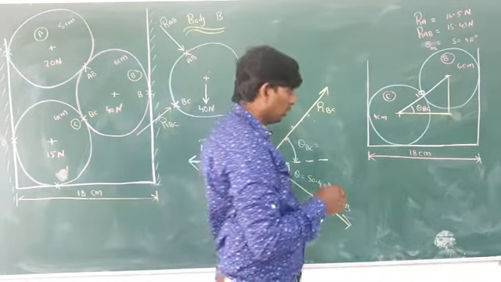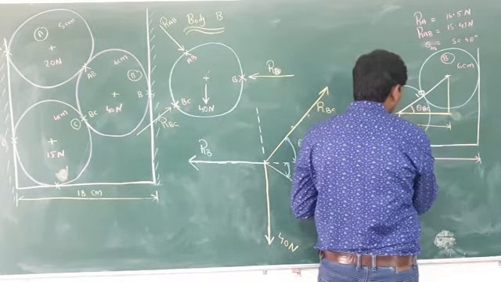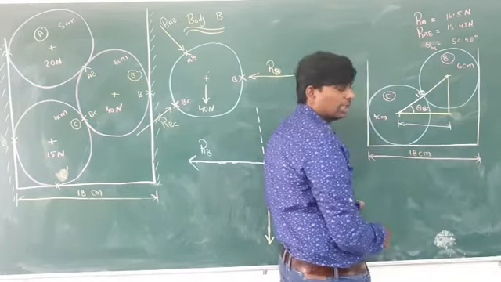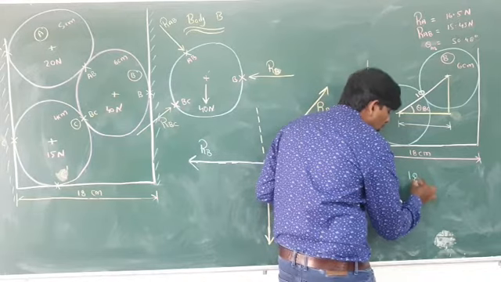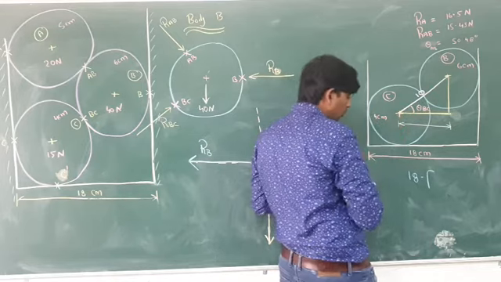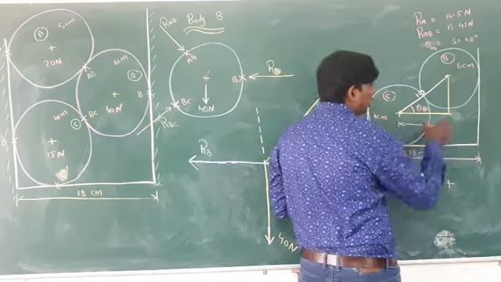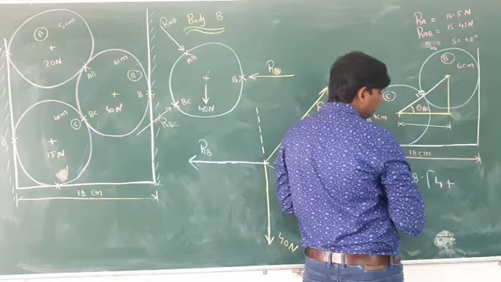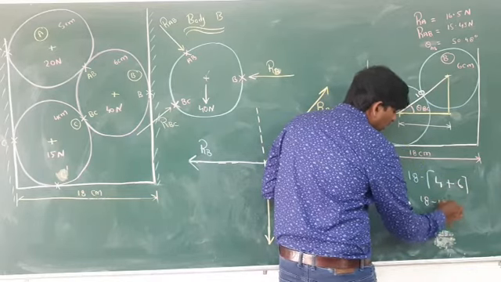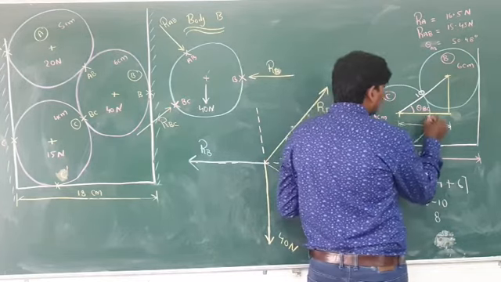So what I am doing, I am trying to find out this one. From here to here, how much is there? How to find out means, see, this total is equal to how much? 18 centimeter. Then from this total, you have to subtract this 4, then plus this one also you have to subtract, 6. So 18 minus 10, how much are you getting as the answer? 8. So this one you have to take as 8 centimeter.